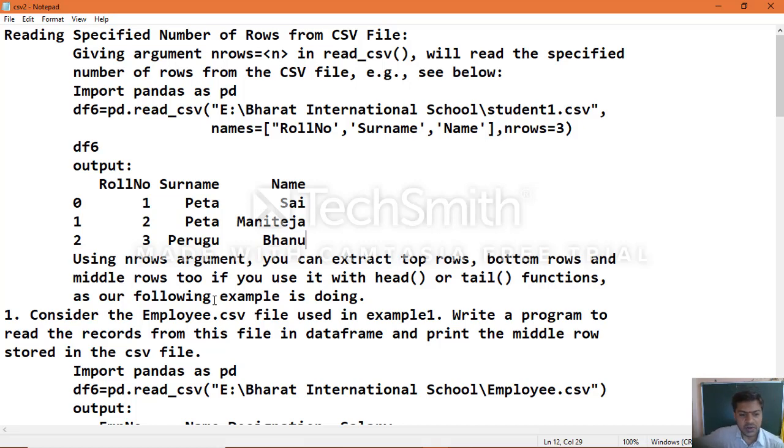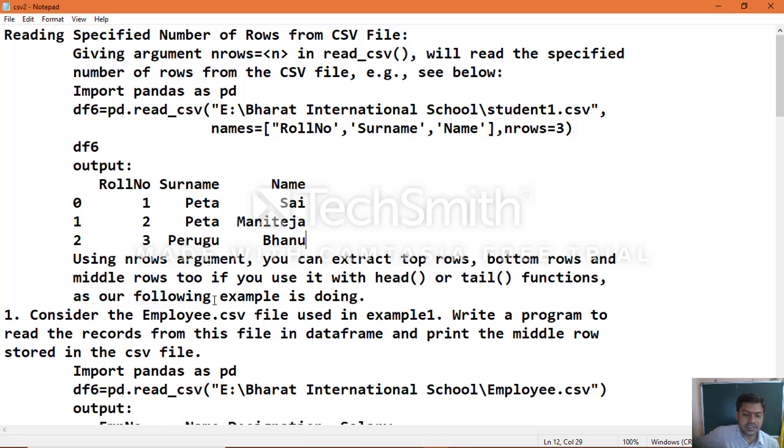So using the nrows argument, you can extract top rows or bottom rows, and also middle rows too, if you use it with functions like head or tail, which we used when we learned about the series object. The head and tail functions help us to extract the series object data.